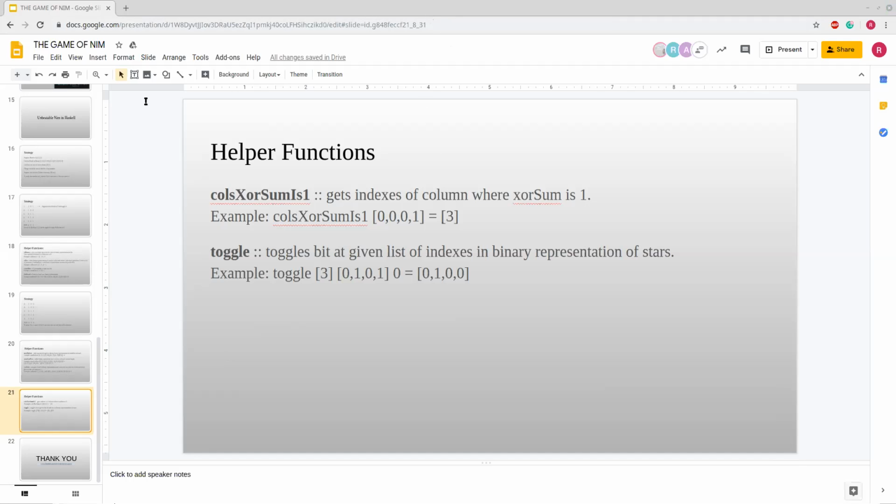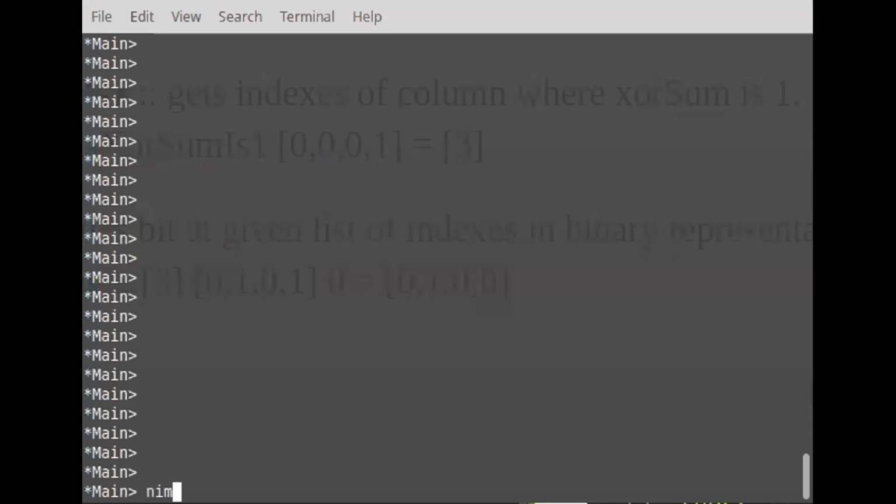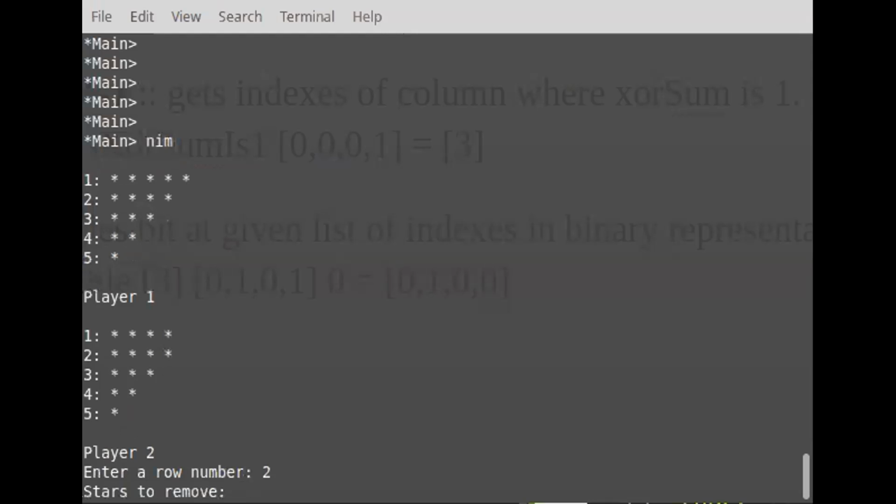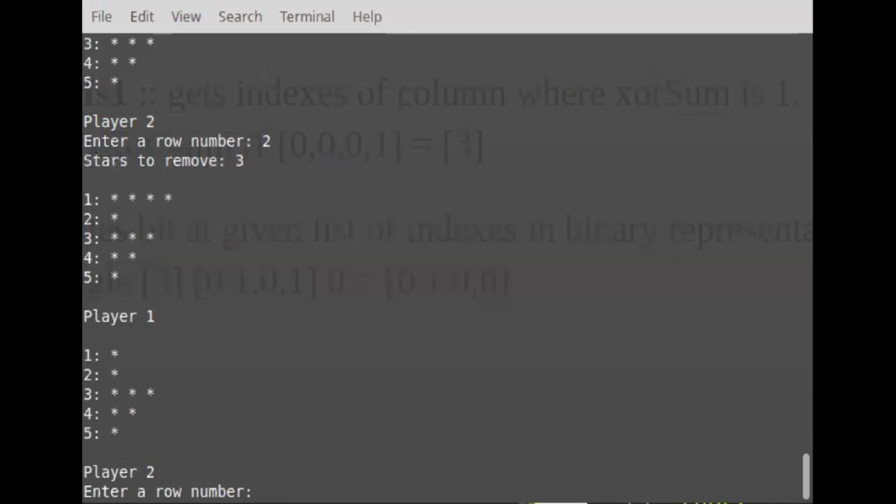Then just run the code once. So this is the first move, taken by the machine. Earlier it was 5, and it has made the first row 4. Now player 2 can randomly choose any row, like suppose the second row and 3.